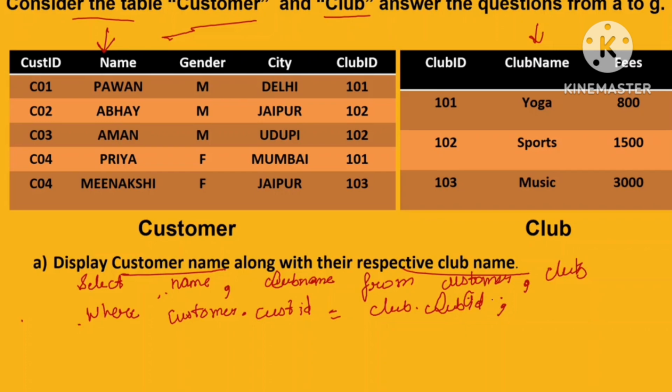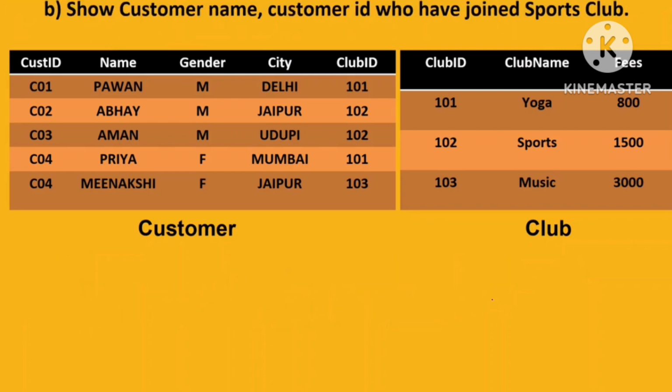Now let us see the next question. Show customer name, customer ID who have joined sports club. Customer name you are getting from the first table, customer ID also from the first table, but sports is mentioned in the second table, club. So again you have to fetch the data from both the tables. So select customer name, that means select name, same column you should write, select name, cust ID